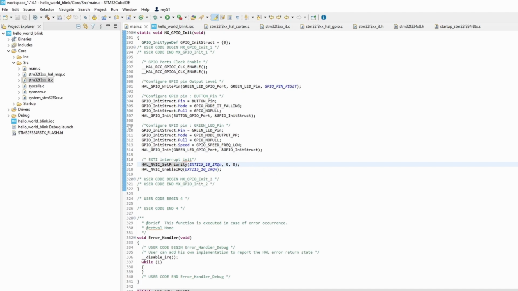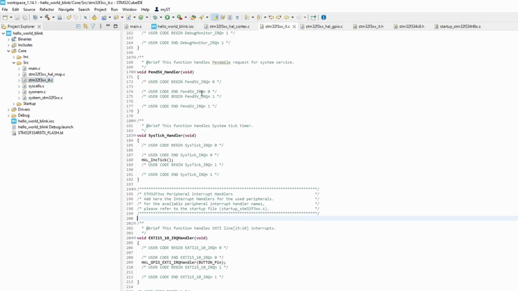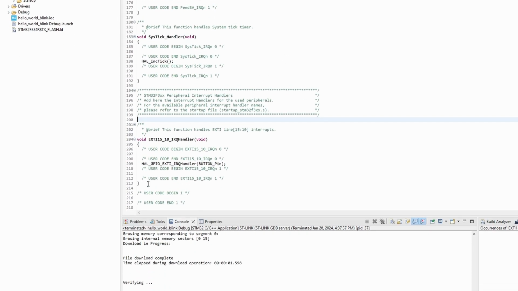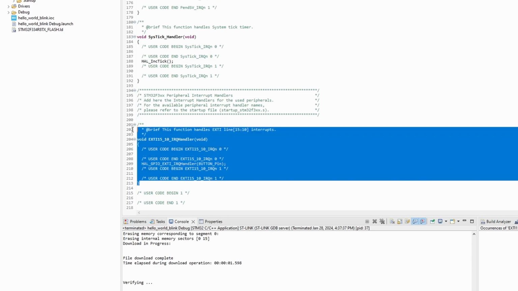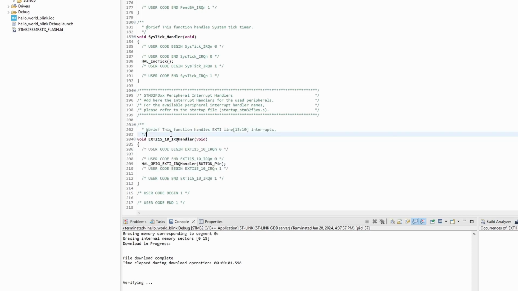And if we go over to our file explorer, select source, and then this IT file, underscore it.c is the interrupt file. And if we look in here, we can see this function. Now, we need to copy and paste this function and move it, but we'll not do that yet. What we can do is set a breakpoint